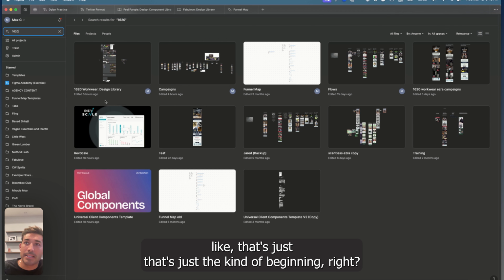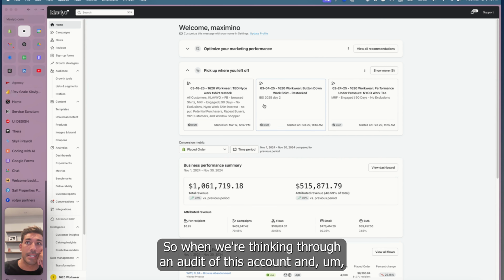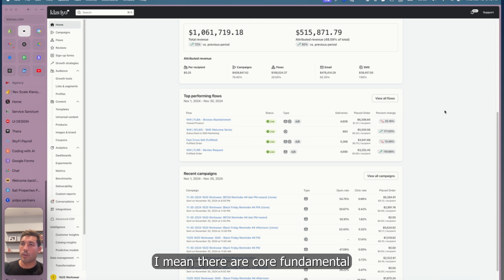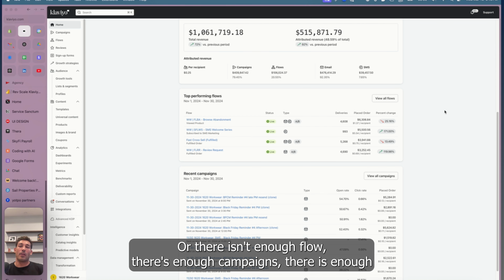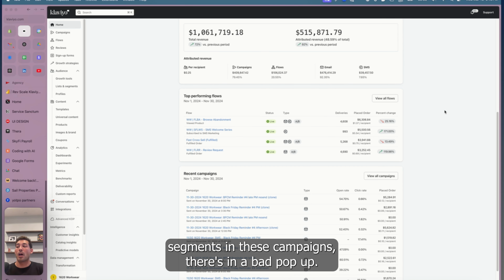honestly, that's just the beginning, right? So when we're thinking through an audit of this account, there are core fundamental things you can look at, like, oh, this design sucks, right? Or there aren't enough flows, there aren't enough campaigns, there aren't enough segments to these campaigns, there's a bad pop-up. But